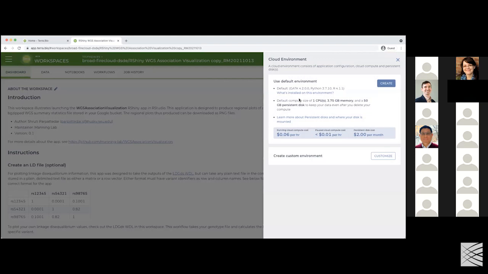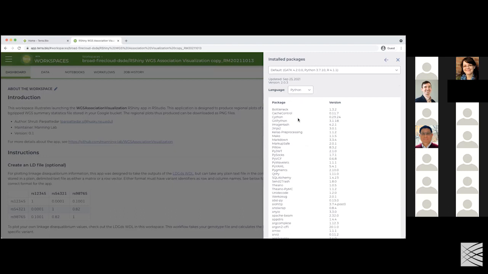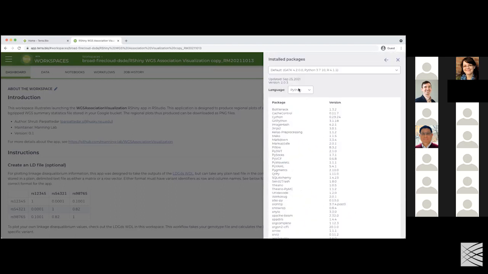And remember the instructions in the dashboard recommended a custom cloud environment. So it was 2 CPUs with 7.5 gigs of RAM, great. And I need a different application configuration because RStudio is not in the default one. Oh, and I should mention that a convenient way to check what's installed in the environment is by clicking on that "what's installed here" button. You can see all the things that are installed here. And that way you can see if there's things that you need that are not there, and you can then work on getting them into a custom